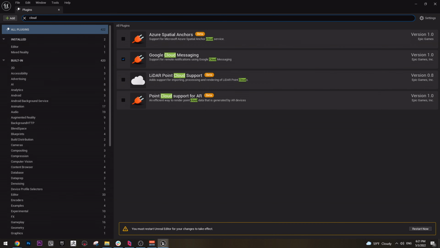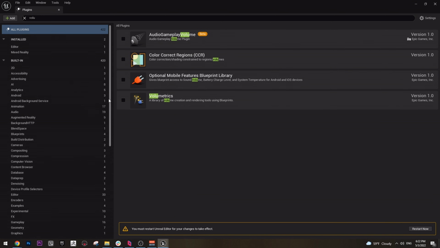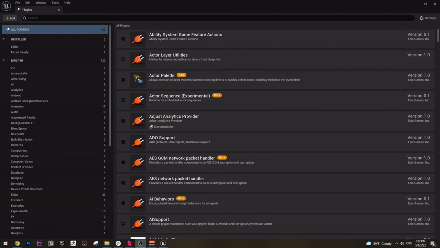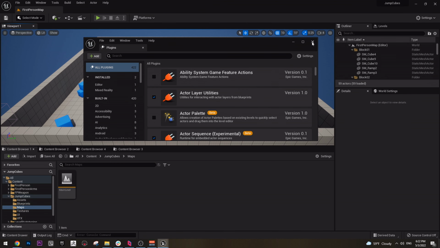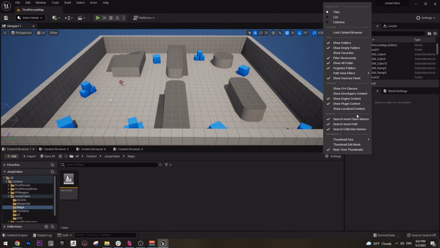What we need is volumetric probably. Volumetrics, yep, the volumetric point. And now it will ask you to restart, so restart your lab. So after you are starting, you see this. We just need to close this, and then to access the quads we need, go to settings, make sure you